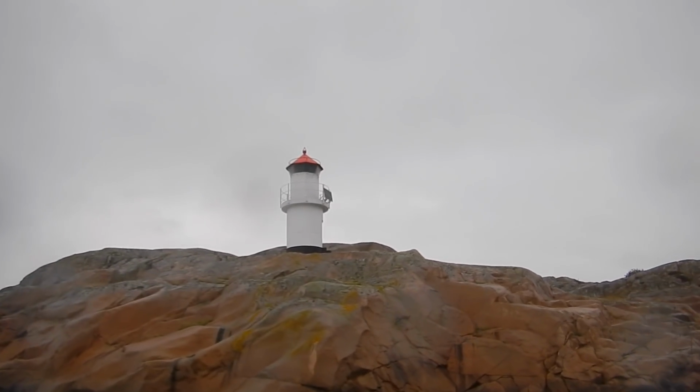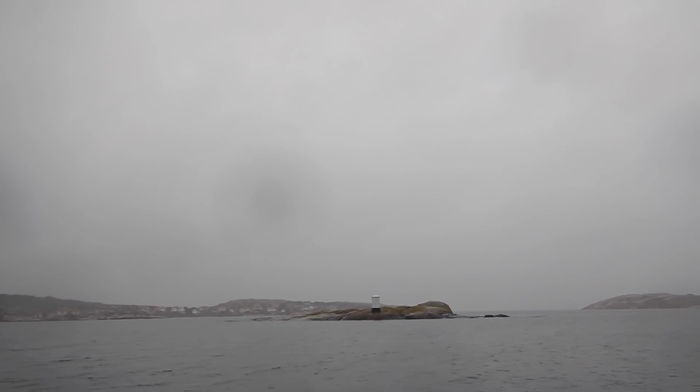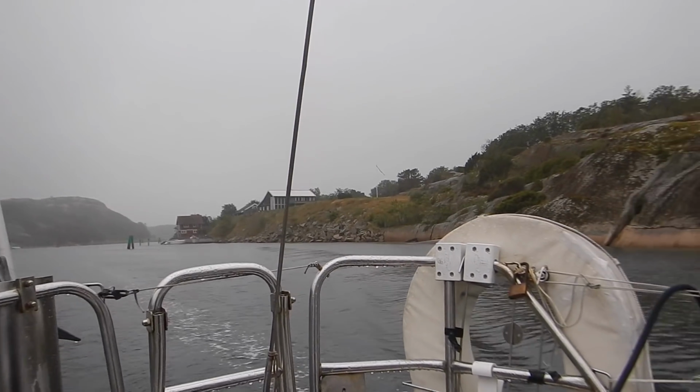We got quite a bit of wind, so we've been doing a bit of sailing today, but the reason why I'm motoring so much is because something is wrong with the engine. It's leaking diesel from the diesel fuel pump. So it's not leaking too much, but it's dripping slightly. So I want to get to a marine service place as soon as possible, which is about 6 or 7 nautical miles from here. So I'm just motoring pretty quickly to get there, so they can hopefully sort it out today and maybe tomorrow, so I can get going, because I really want to get north and get to Norway as